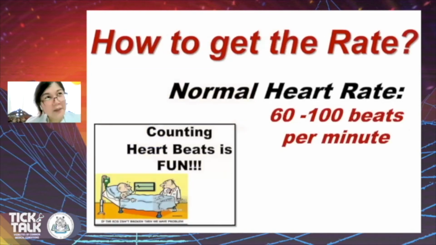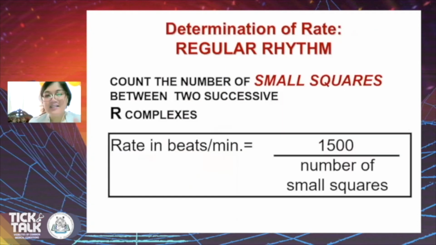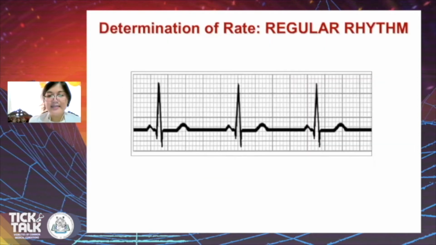So, remember, I always tell this to our juniors that it is fun to count heartbeats. The moment that you are unable to count the heartbeat, then that's the time that we get to be panicky, right? So, how do we know if the patient actually has a normal heartbeat? We usually have two ways of determining it if we are dealing with a regular rhythm. If you're very exact, then what you can do is divide the number of small squares from 1,500. So for example, in a tracing like this,